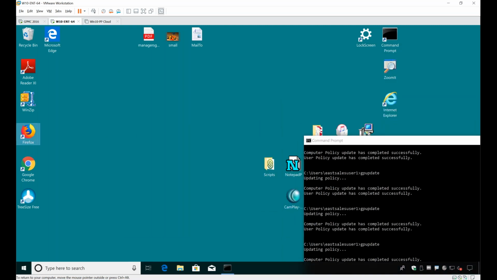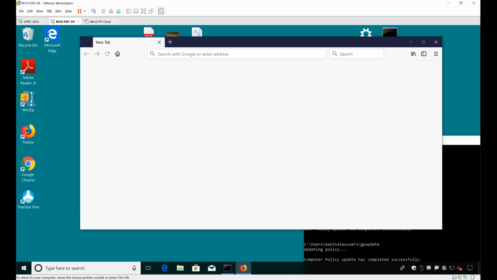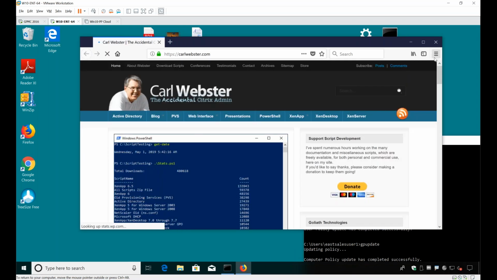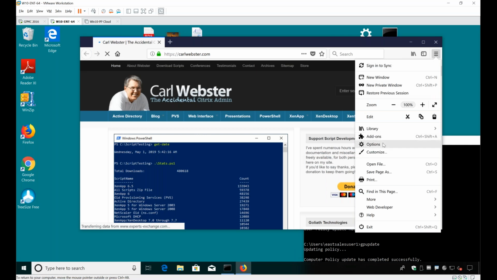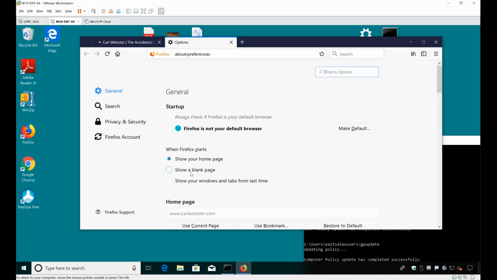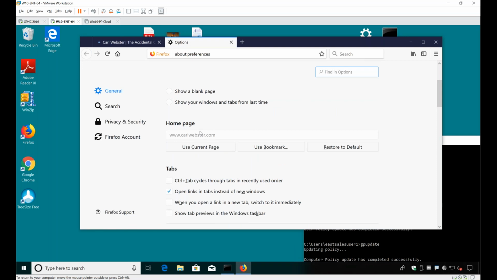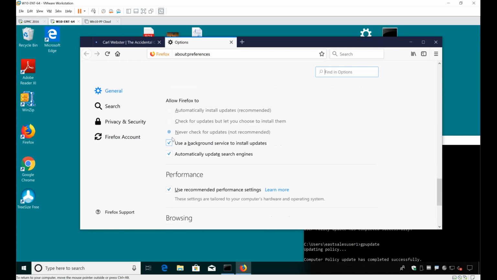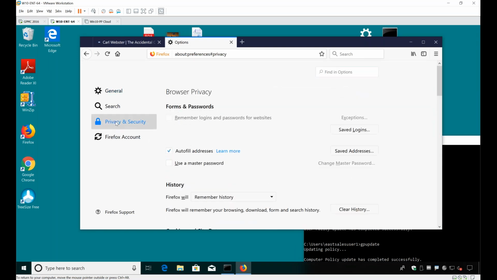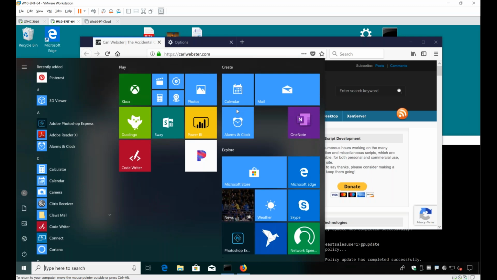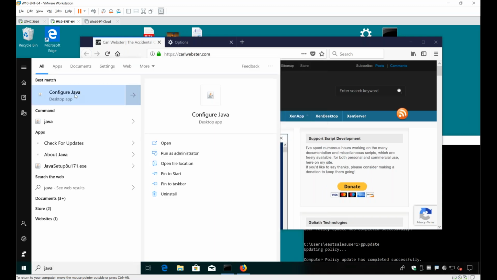So if we go now to Firefox land, take a look and see what's what here. The first thing that it's going to do, provided we have internet access and all is well over there, is boom, going to carlwebster.com. Let's see if it all worked out. There we go. Look at that. What a handsome devil. Now if we go to tools options over here, what we'll see is, hey, the home page is there. It's locked down. We said that the updates are never checking, and we said in privacy and security don't remember logons and passwords for websites. So we achieved that goal. Actually, I'll leave this up here for a second. The second thing we decided we wanted to do was go to configure Java.